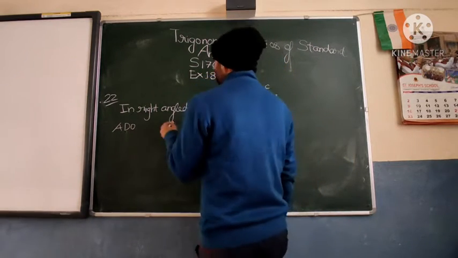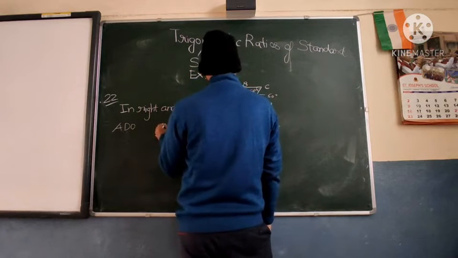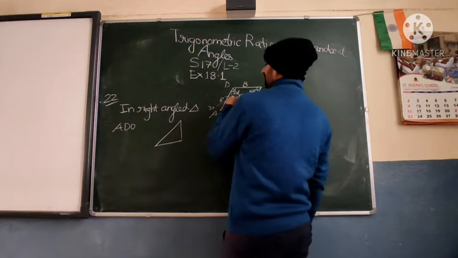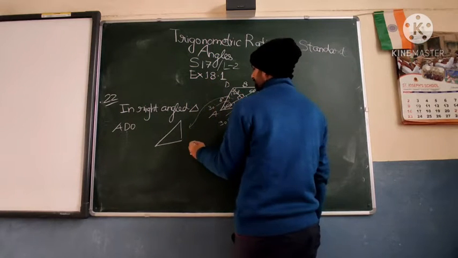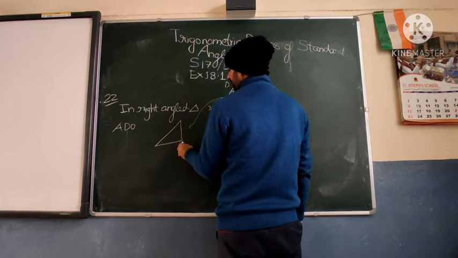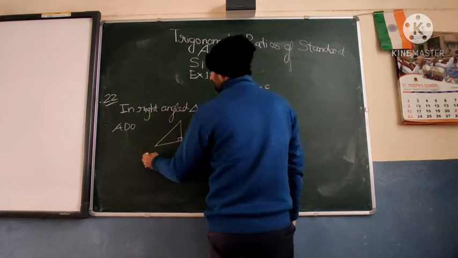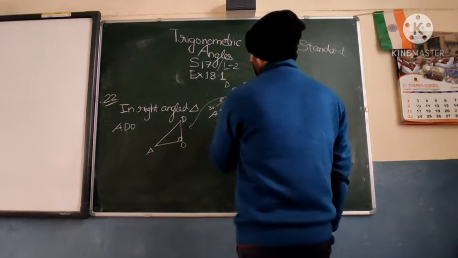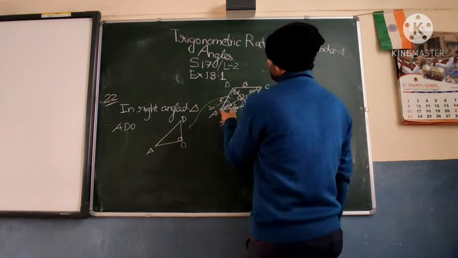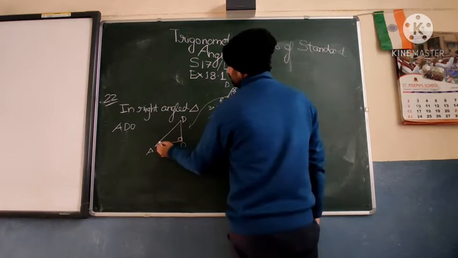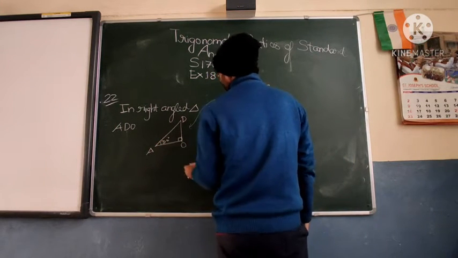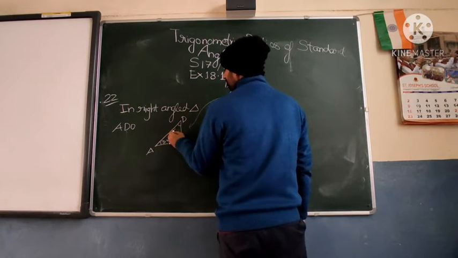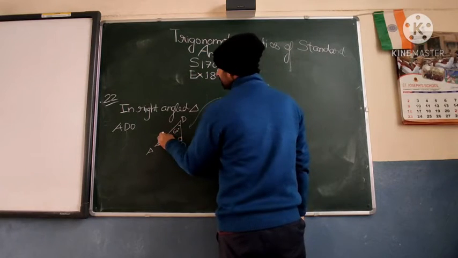Okay. Now, I am drawing this ADO or AOD. So I am taking this out and drawing it here. O is the point of intersection. It is like this. A is here and D is here. Now in this ADO, what is this angle? 30 degrees. This angle is 120, so 60 and 60. AD is known to us.